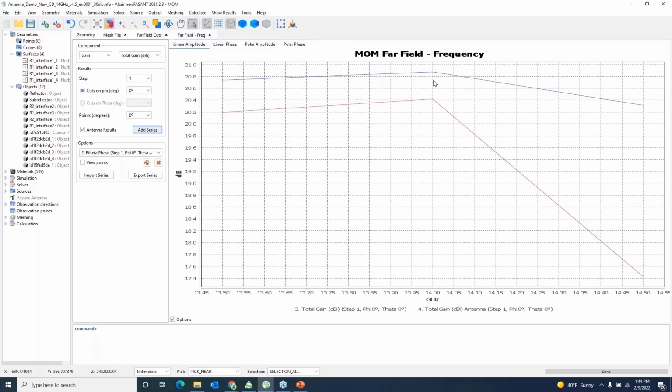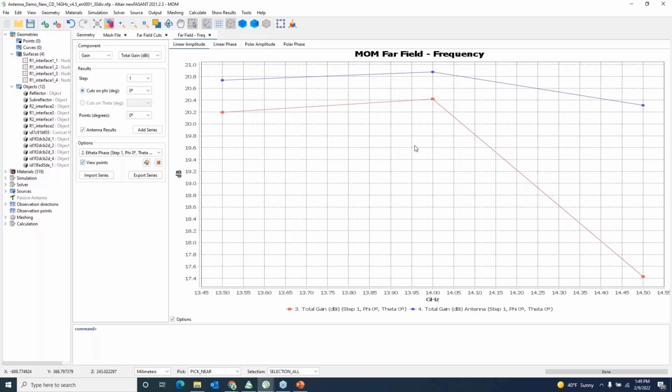Okay, these are the antenna results, and of course, the gain decreased by approximately 0.5 dB. Also, in case we want to add much more detail to this, you can add points over here so that you can look into the points as well. Yeah, apart from that, there are some additional